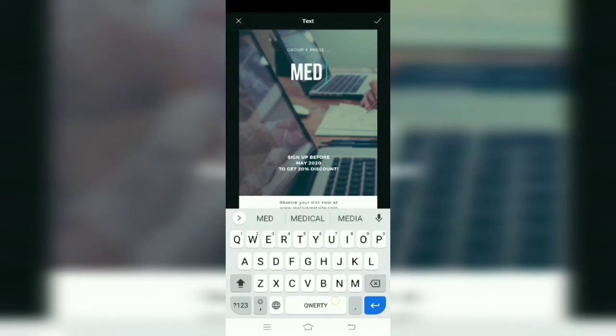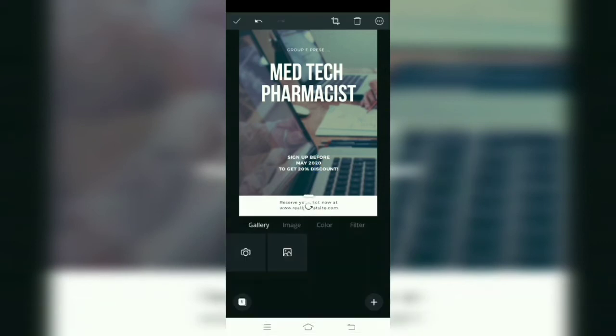such as my name, MedTech Medicine Seller, or we can write pharmacist. Here we can write pharmacist, and at the bottom is our description, where we can write what we have.